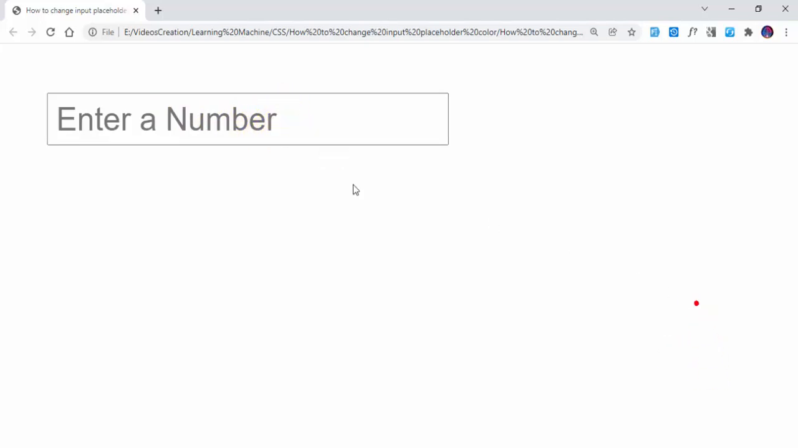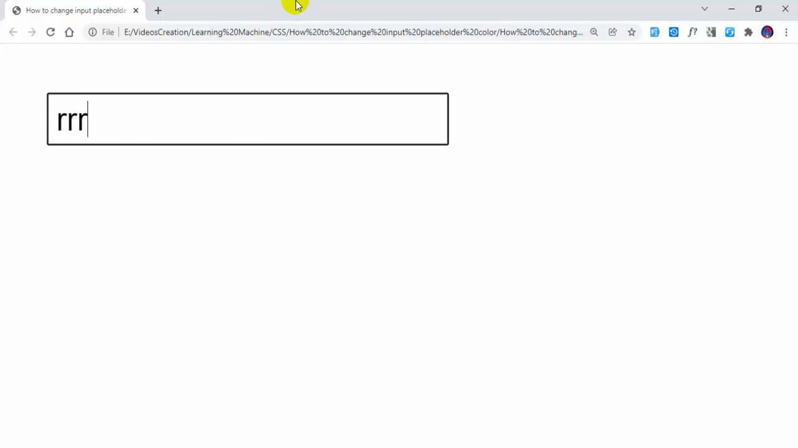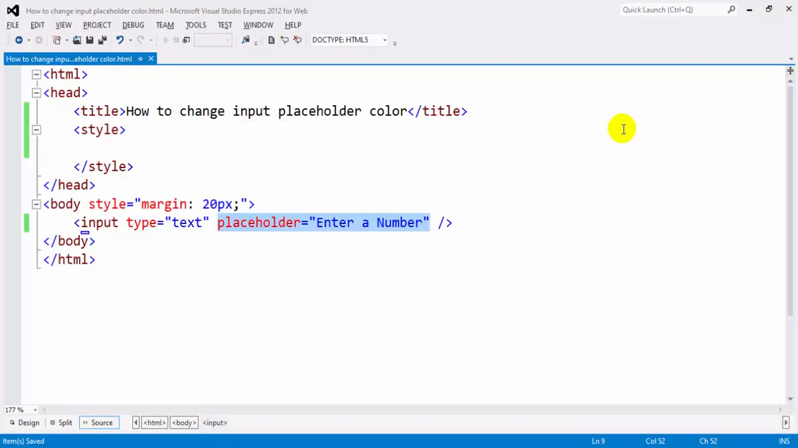Currently we haven't entered anything in the text box. So if I start typing in this text box something, anything, that text will disappear. So this is the placeholder. If I want to change the color of the placeholder, currently it is some gray type color. If I want to change the color of this placeholder, then we have to use a CSS